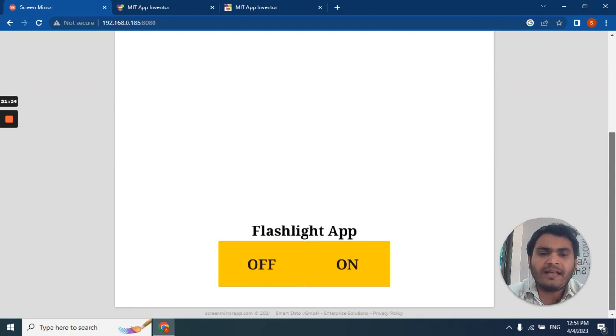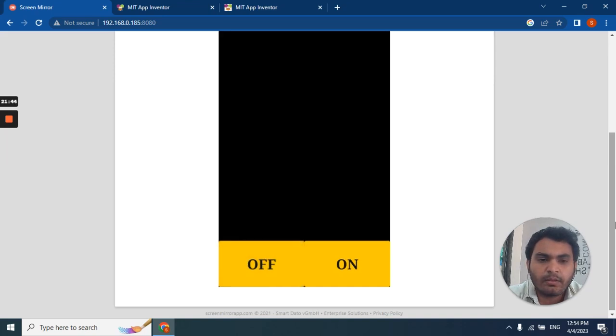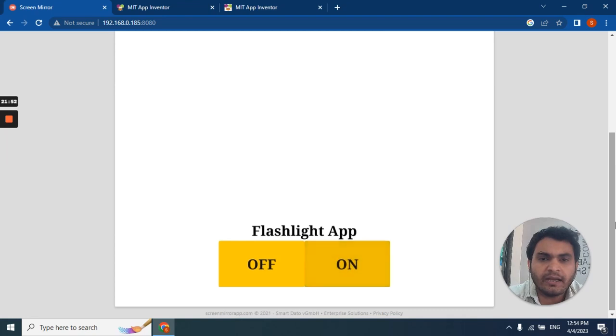See, it's the Flashlight app. Here we have two buttons, one is the off button and the second one is the on button. The moment we click on the off button, the screen background color will change to black, and the moment we click on the on button, the screen background color will change to white, as per the blocks coding.